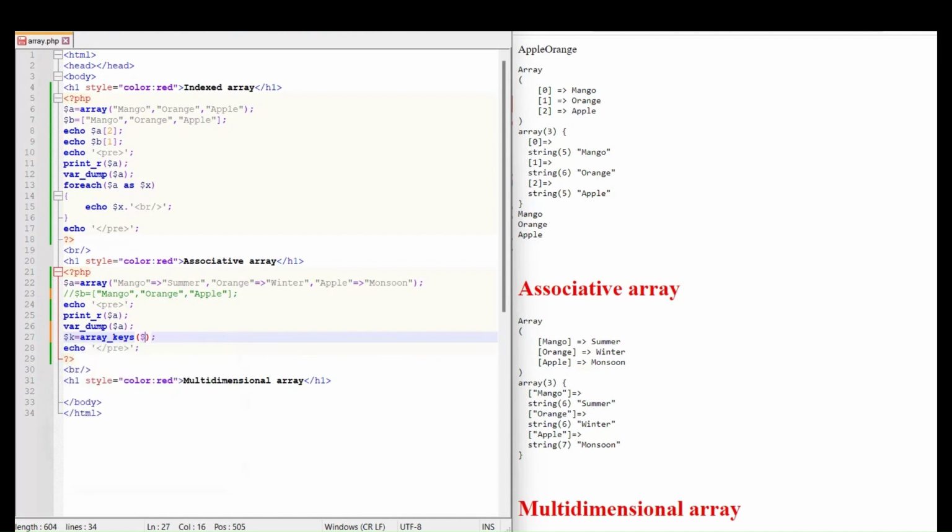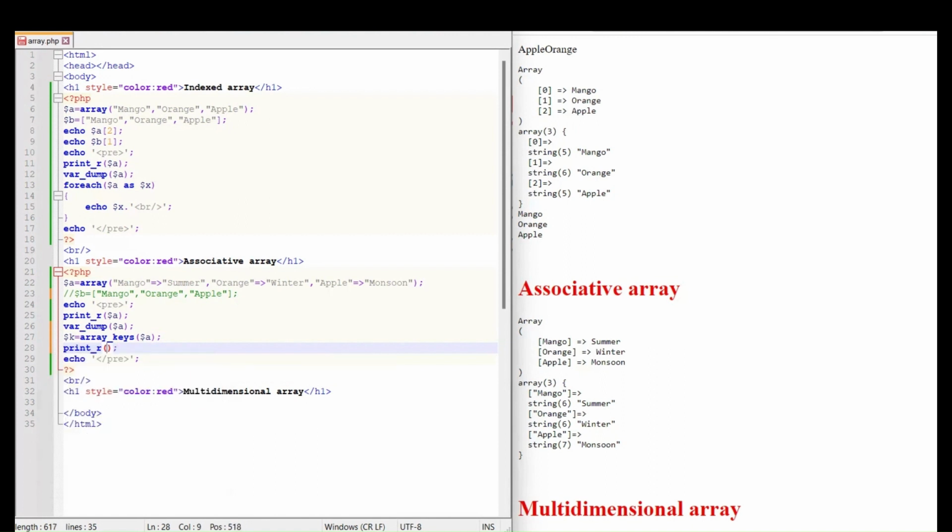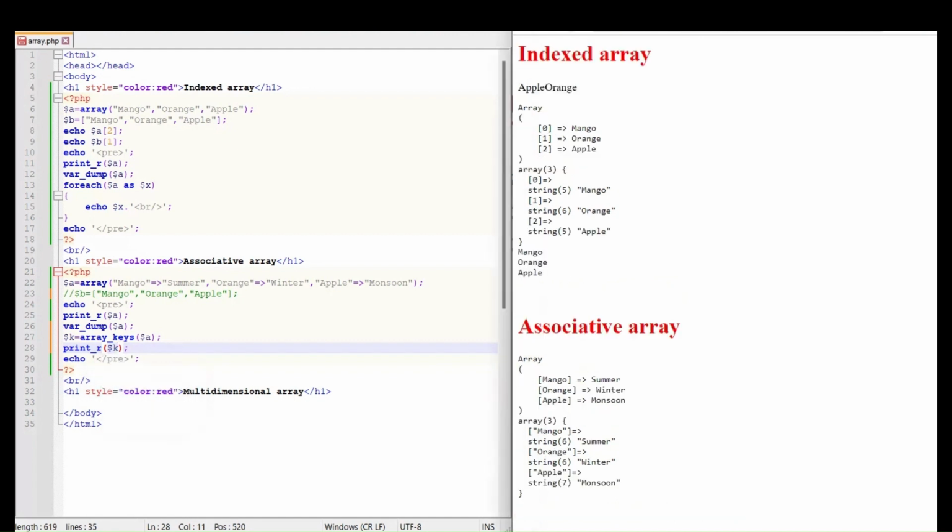Here we will write print_r and the k variable, because the k variable contains the array keys. This mango, orange, and apple will be printed now. Let's see. Oh, sorry, I didn't save it. Now see,